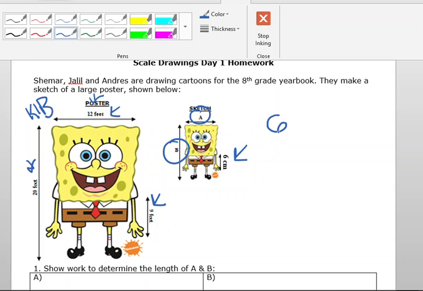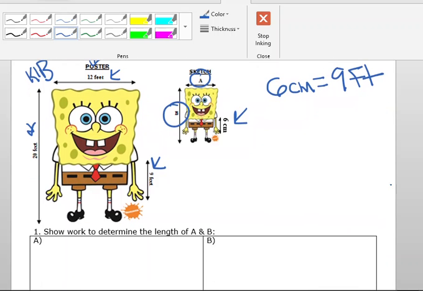I'm going to put 6 centimeters is equal to 9 feet. And if I wanted to find the unit rate, I could say that centimeters, that's 2 over 3. 1 centimeter, I'll do